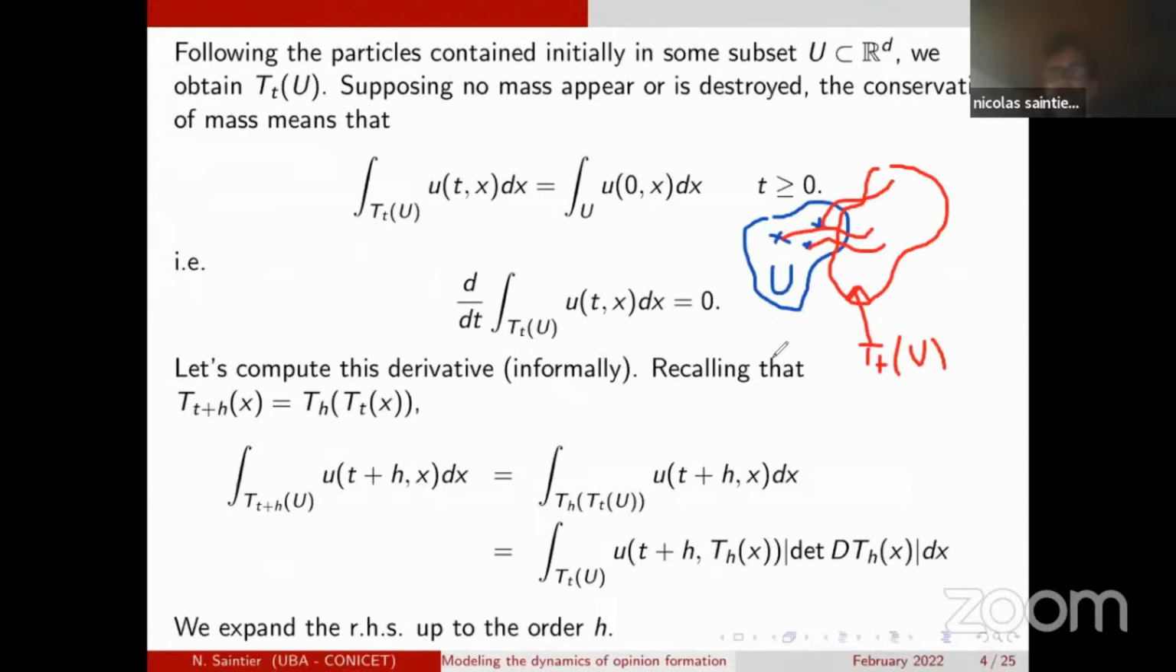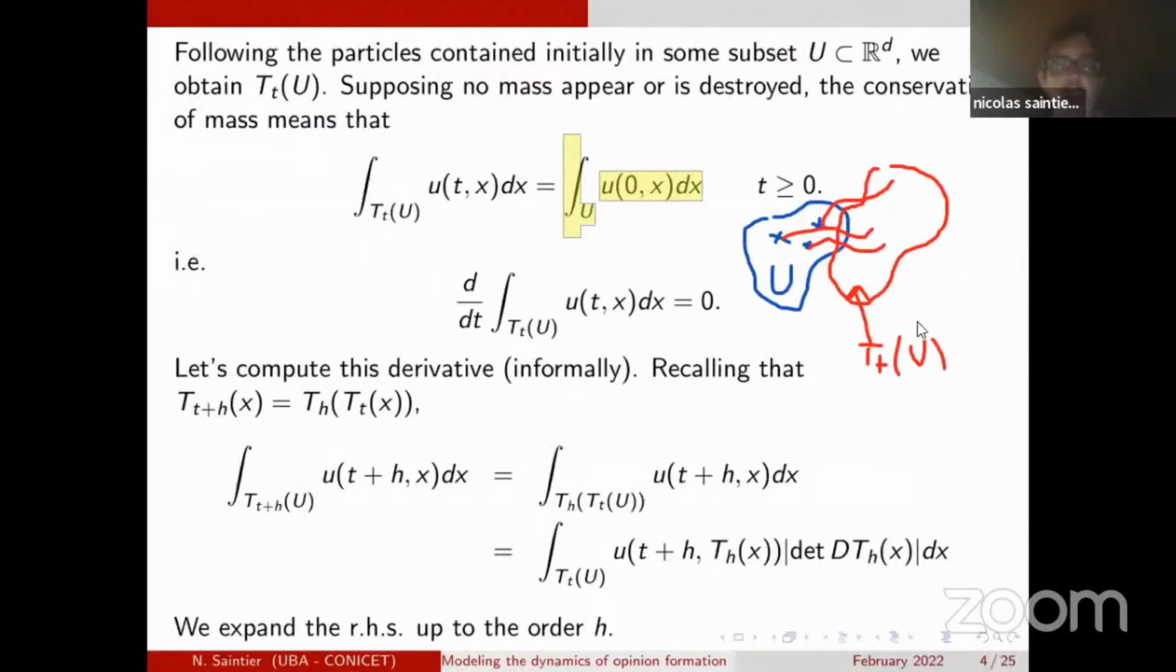Okay. And saying that the mass is conserved, if there is no destruction or no addition of mass, this only means that the total mass I had in U at time 0, which is this integral here. Remember that small u is the distribution of particles at some time t, my density of particles. So this total mass I have in U at time 0 is equal to the total